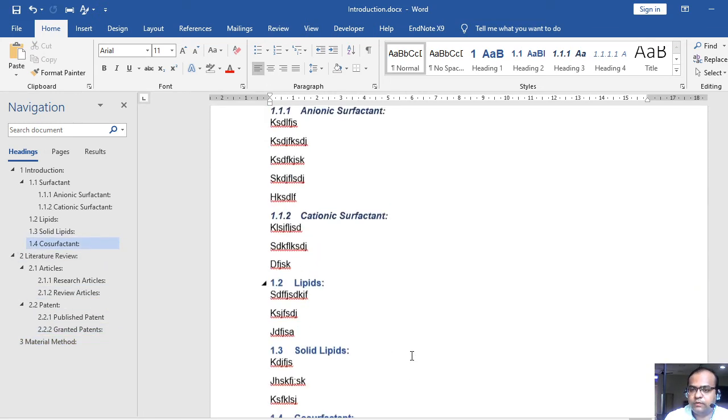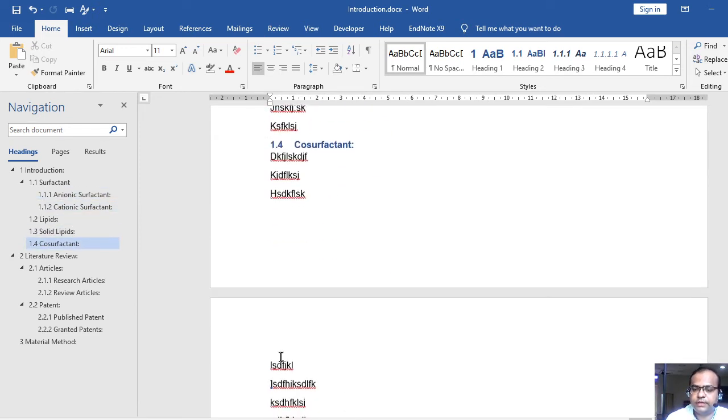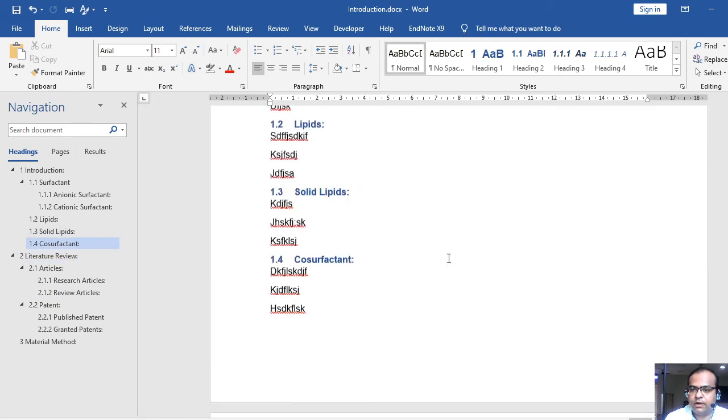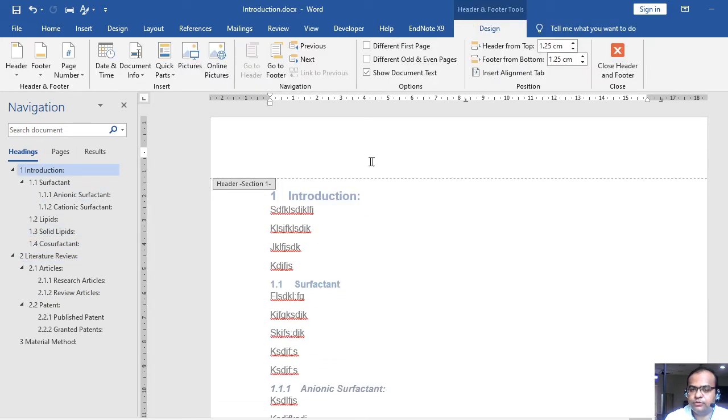Now one may ask the question, why should we practice this section break? Apart from keeping the formatting undisturbed, there is another advantage. In most reports and dissertations, you have to add your footer, right? So let's say I am writing my footer here, like Introduction.